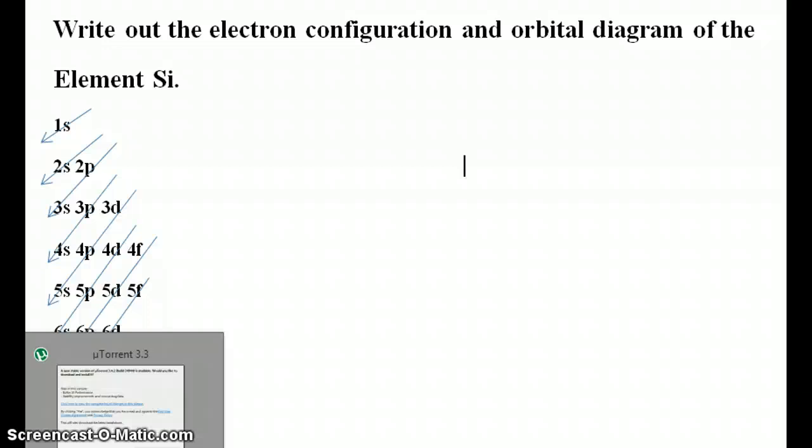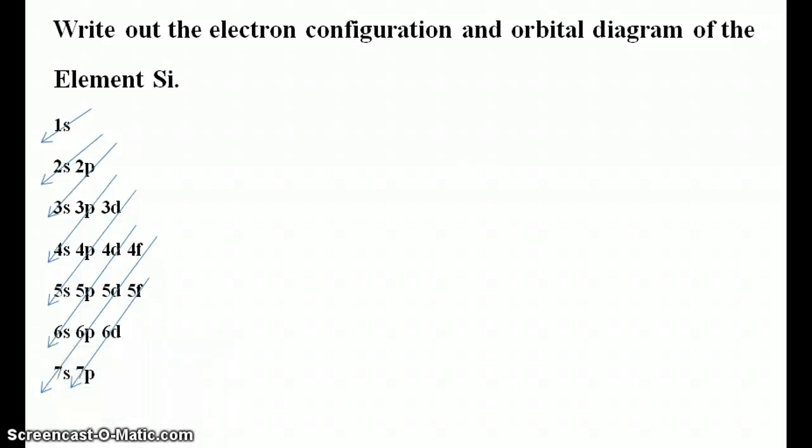So now that we have our diagram down, let's move on to the actual problem. So an important thing to know when you're doing this problem is how many electrons the element has. So since we're working with silicon, all we do is we go to the periodic table and we check. Silicon, you'll notice on the periodic table, falls directly below carbon. So you'll see when we're doing this problem, the similarities between silicon and carbon. It is just 1 period more. So if we do look on the periodic table, silicon has 14 electrons,